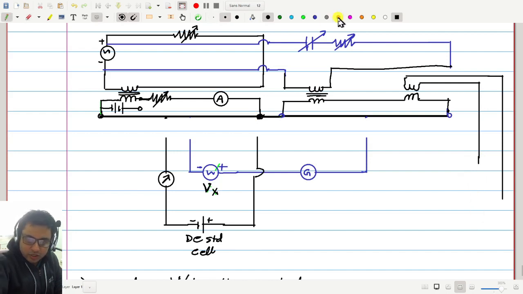Now let me calibrate the right side potentiometer, and let me repeat, to calibrate the right side potentiometer there are two requirements. Number one, the voltage per unit length should be the same as what we decided, and the angle of this voltage should be 90 degrees out of phase from this voltage. To ensure that, we will put an air core transformer here, and from the output of the transformer we will